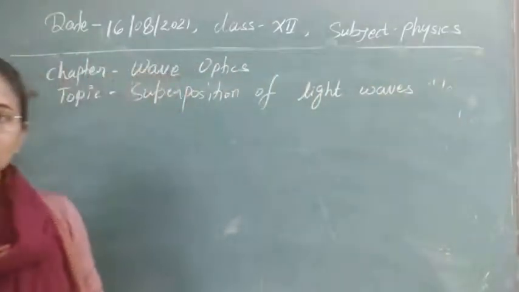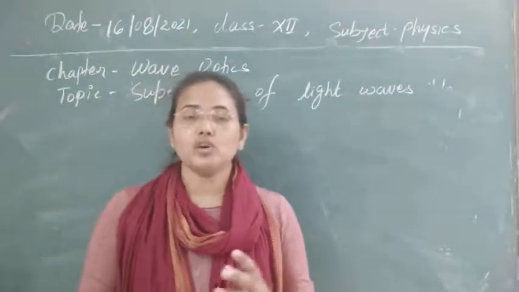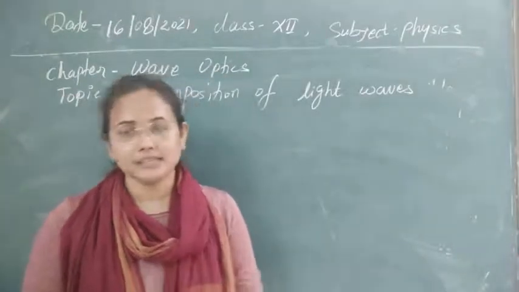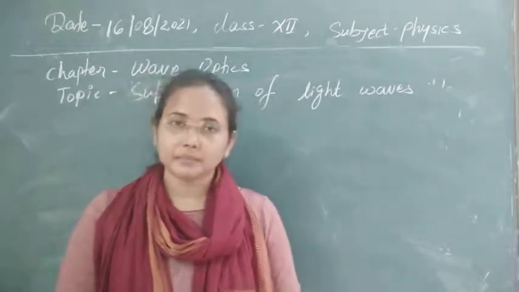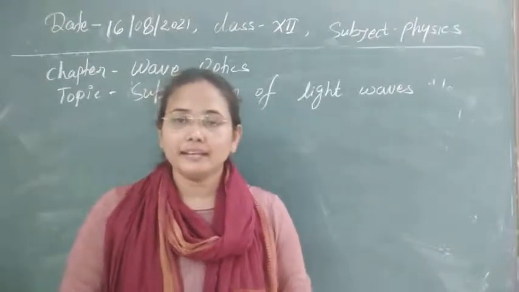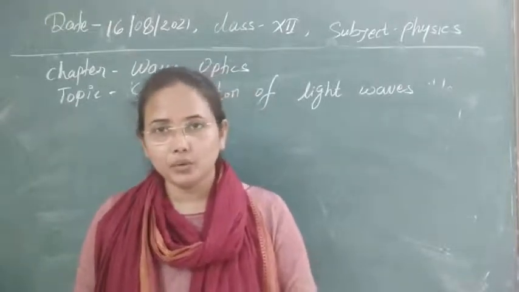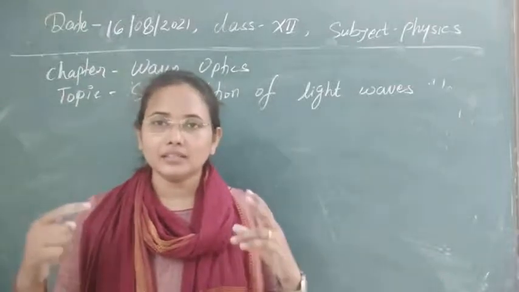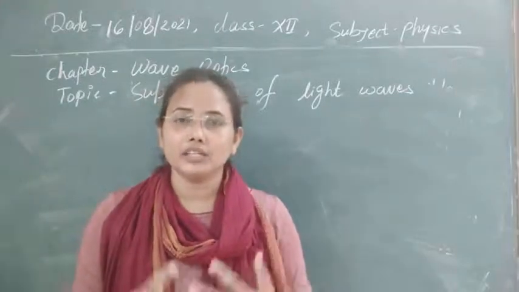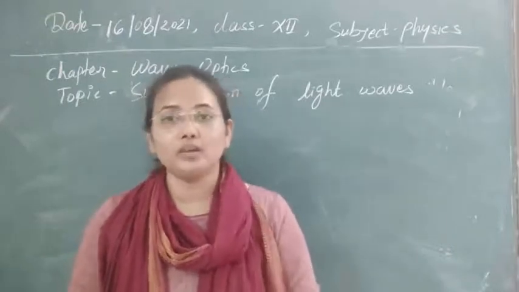If we have a number of light waves traveling, and those light waves superpose on each other, meaning they mix with each other, then their resultant intensity varies. It means the intensity of light that we are observing will change. And you can do this experiment by yourself at home. Just take two torches and direct the light of the two in such a way that they can mix with each other, and you can see that the intensity of light increases at the point of superposition.